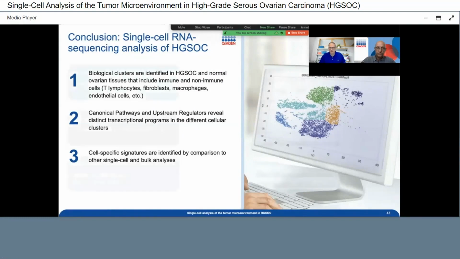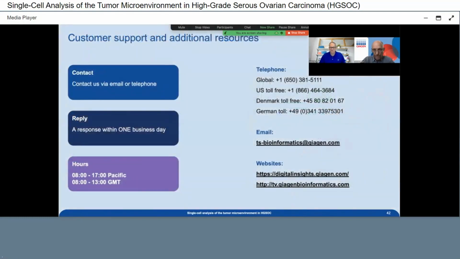First question: the UMAP plots that you showed throughout your presentation, do those come from IPA or do they come from something else? So UMAP is a representation of what they call dimension reduction, and has been provided by CLC Genomics Workbench. As a matter of fact, you process the matrix of FASTQ files, and one of the outputs is the UMAP directly. So it's very easy, and you have that representation in 2D or 3D. So CLC in that particular situation.